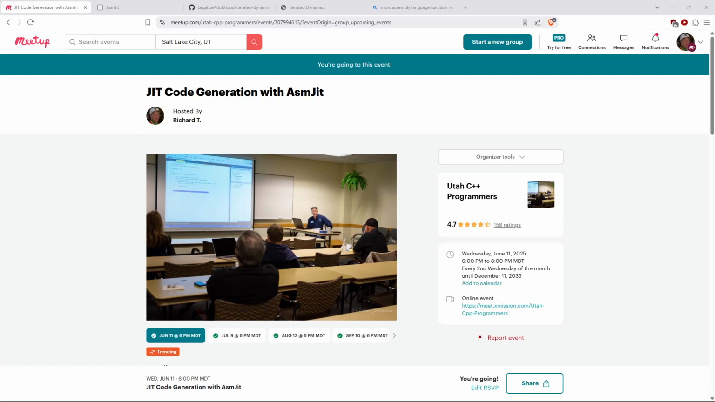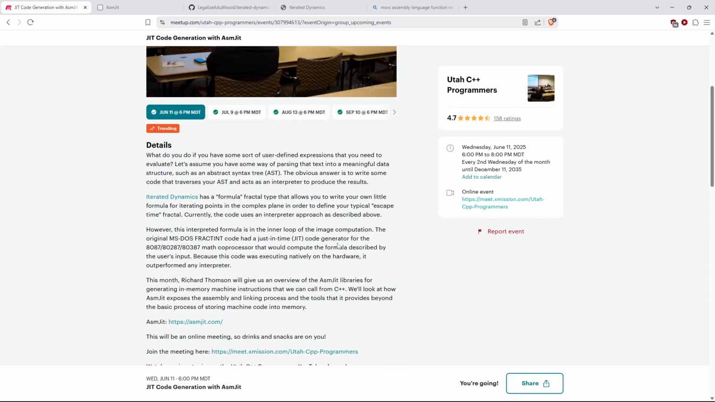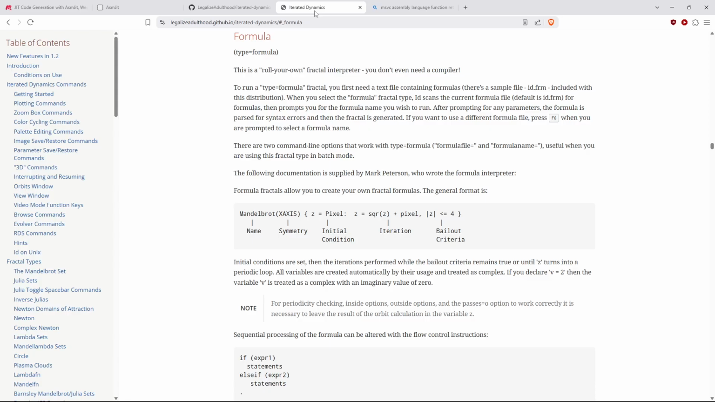Okay, this month we are looking at how to do just-in-time code generation using a library called AsmJit. And this is for just-in-time generation of assembly language. And we'll just briefly look at my use case. My use case is